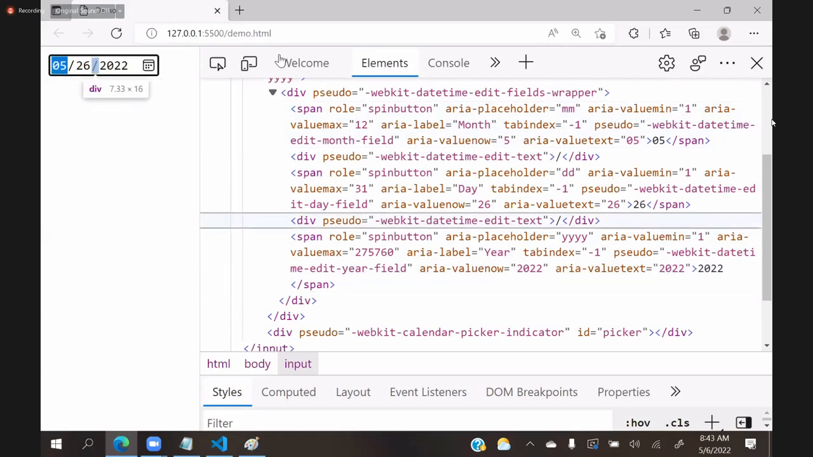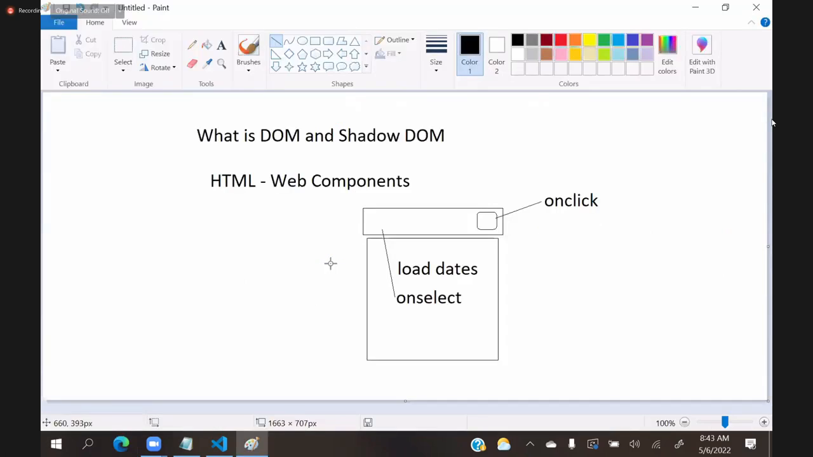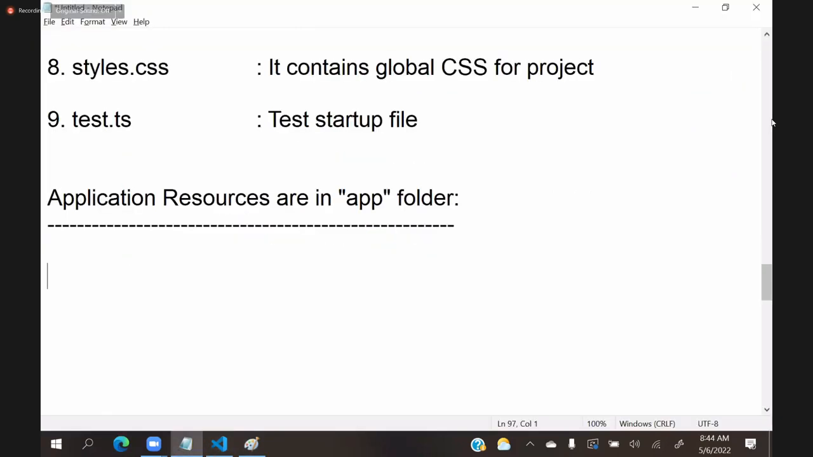Now Angular will teach you how to design such components. Earlier we used to call them web components, right? Now also you have these web components. Why did we discuss this point? Because by default, the app folder contains the app component. It is the default component